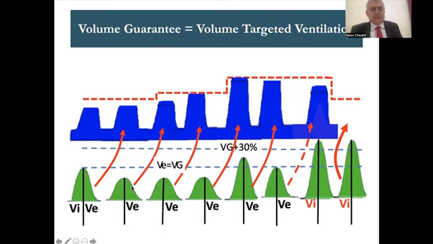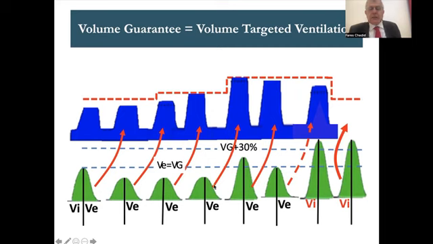But let's say the volume produced was below the target, then there will be an order going to the PIP of the next breath to go up. If the volume is still below target, then the PIP will go up, but it cannot exceed the PIP max. The PIP max is set 3 to 5 above the PIP that we measure on the patient for safety. So when we reach the PIP max, we cannot increase the volume anymore, here we see the volume is low, unless the clinician goes and increases the PIP max further.